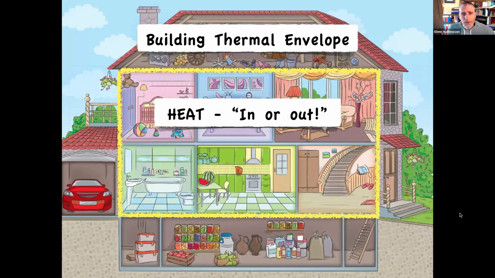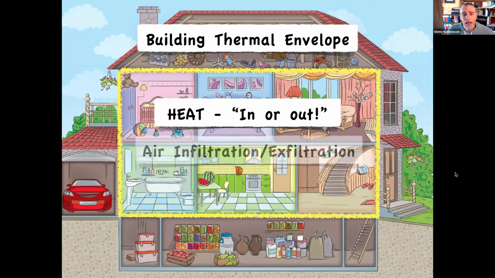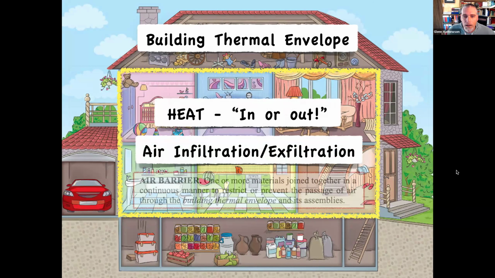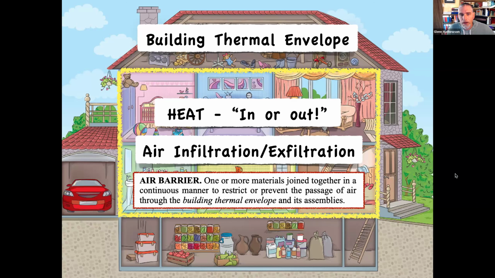All right. So what else do we have as part of this building thermal envelope? We want the heat in or we want the heat out, one or the other. And this is Colorado, so we're generally trying to keep the heat in, right? And so what else might be a part of moving heat? Not just through solid materials via conduction, but heat also moves via convection, air movement. And so any air infiltration and exfiltration of our thermal envelope is bringing heat in and out. And so we have a definition for air barrier, and we get a whole section in the building thermal envelope